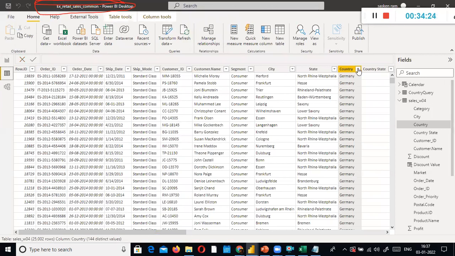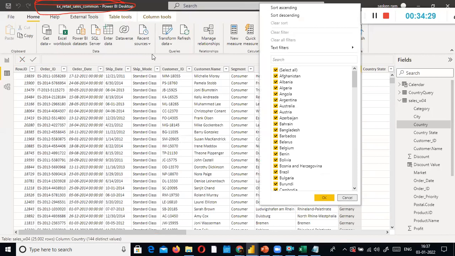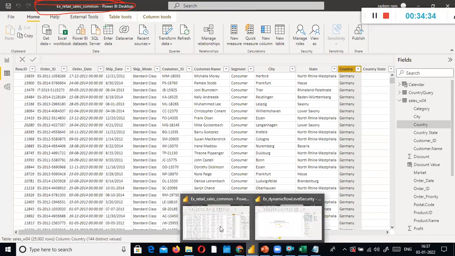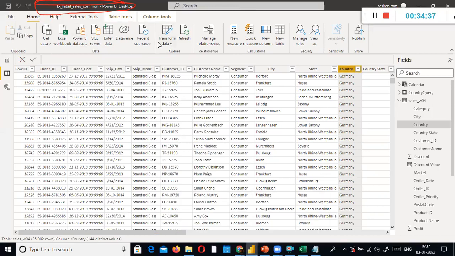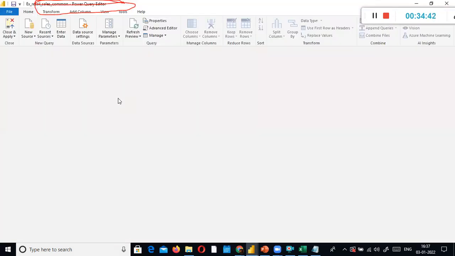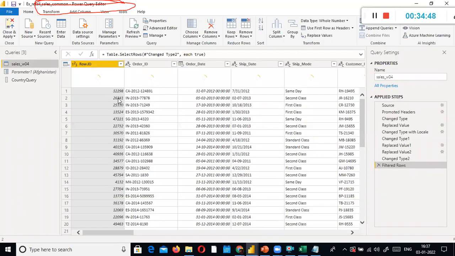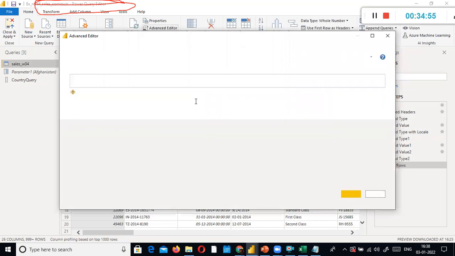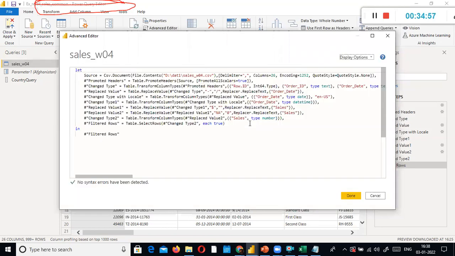So I go to view editor, then the advanced editor, and it will be confusing for non-programmers. Don't worry, I'll give you another example. With that analogy, you should be able to understand very clearly.